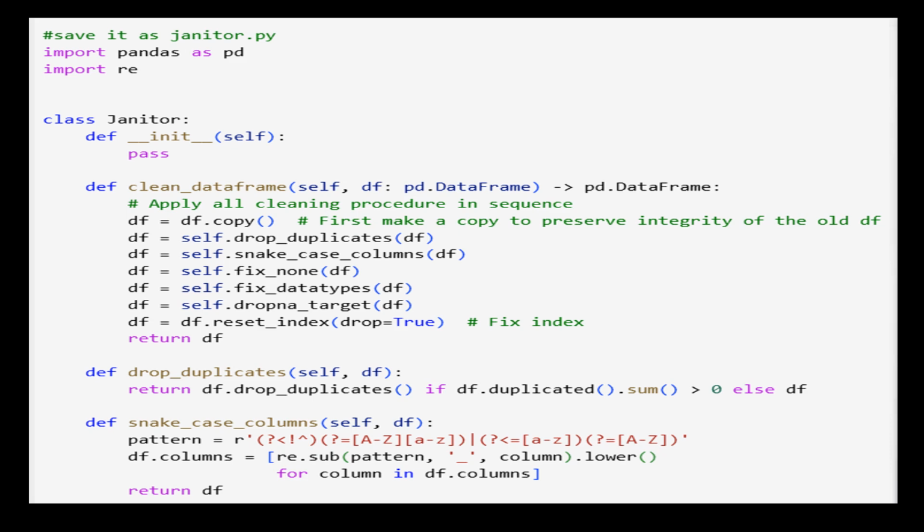Then we have the code for janitor.py. Now this code defines a Janitor class that contains several methods to clean the pandas data frame. The clean data frame method applies all the cleaning procedures in sequence to the input data frame and returns the cleaned data frame. The other methods are used to perform specific cleaning tasks such as dropping duplicates, converting column names to snake case, replacing certain values with NaN, fixing data types, and dropping the rows with missing values in the